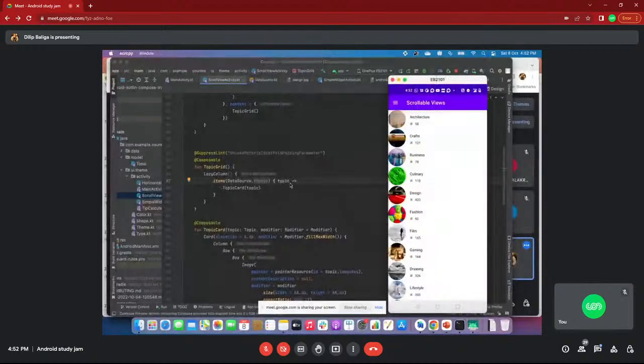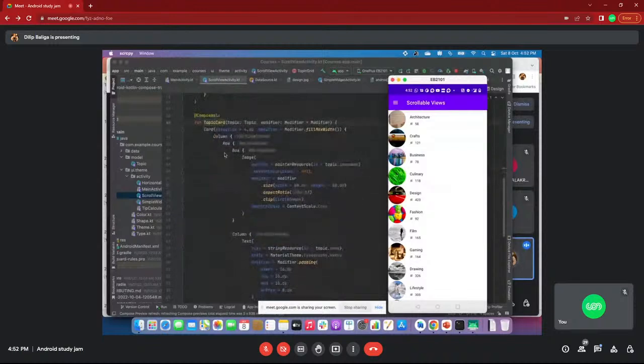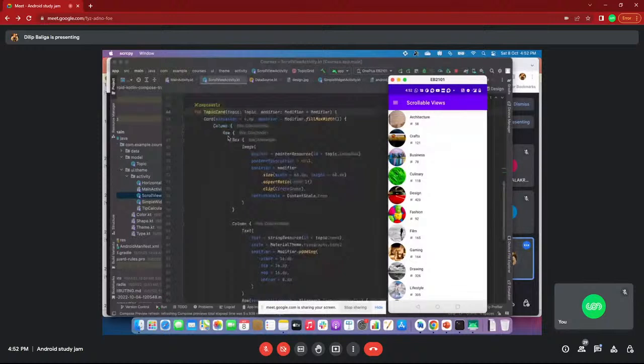That rendering part I have written here as the topic card. I have created the topic card, and the parent is a card view, meaning each item is a card. Inside the card there is again a column, which I told you is vertically aligned. Then I have written a row, because I want to align horizontally, since after the image view these two things should come.